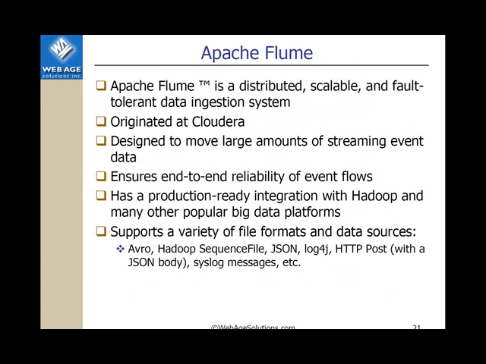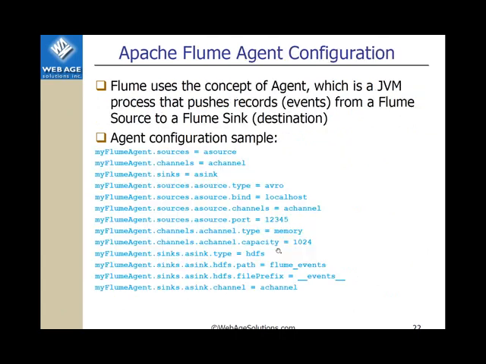Okay, so there are more things, like syslog messages for security, and you can tail log files. Flume has some enqueuing capabilities so that you don't lose your data. Here's an example of a configuration file. Flume uses agents. You can chain agents into types of workflows. Essentially, it's a JVM which reads data from the source and pushes it over to the sink. And every agent gets configured